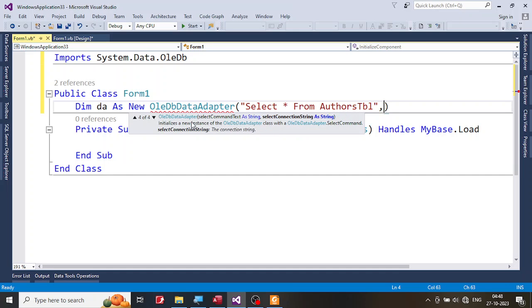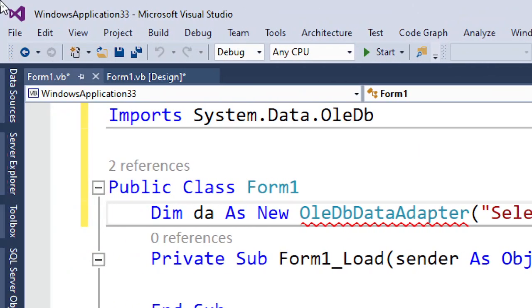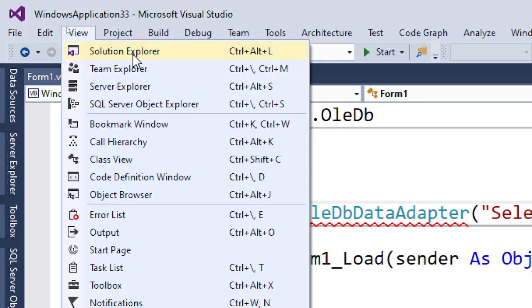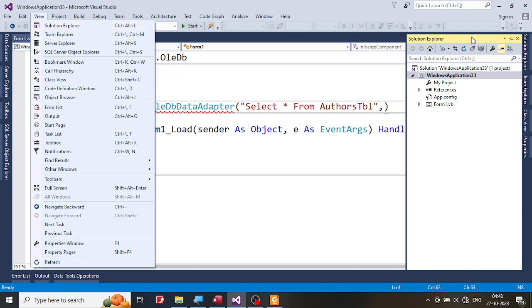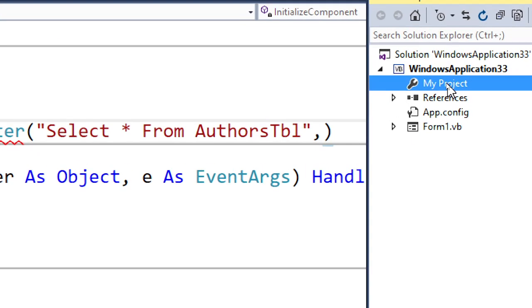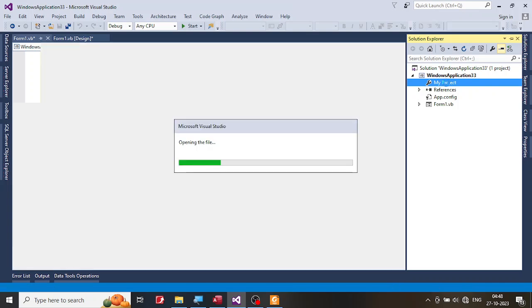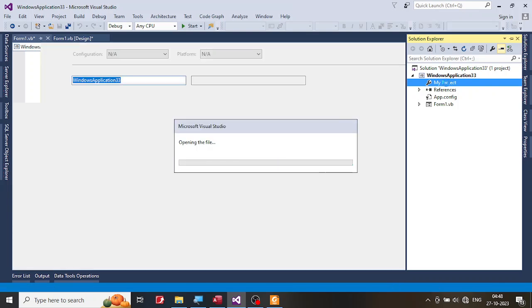So if you go down, it says even if you know the connection string, I can connect to the database. How do I connect to the database? You know very well. To connect to the database, you go to the Solution Explorer. So just click on this Solution Explorer. If the Solution Explorer is not there, go to View, and I think you get the first option as the Solution Explorer. Okay, so go to the Solution Explorer, click on My Project. Okay, double click on My Project,